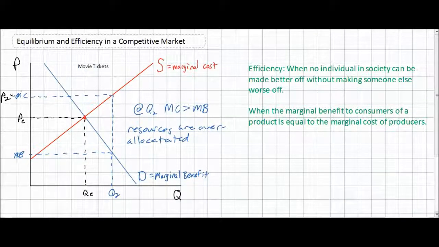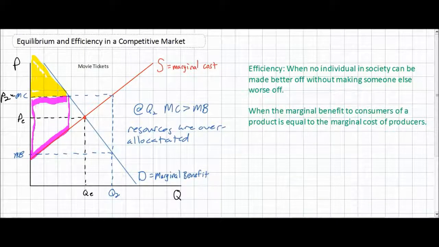However, at this price, we can examine the effect on consumer and producer surplus, and therefore examine whether or not the quantity of Q2 corresponds with a greater or a smaller overall level of consumer and producer surplus. At P2, consumers clearly have less welfare, less surplus than they do at the lower price of PE. So consumer surplus is now a smaller triangle than it would be at PE. Producers, on the other hand, enjoy a larger amount of producer surplus than they do at the lower price. The producer surplus is now represented by the purple area here.